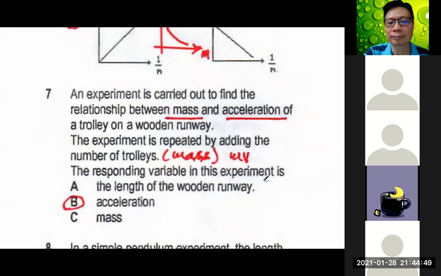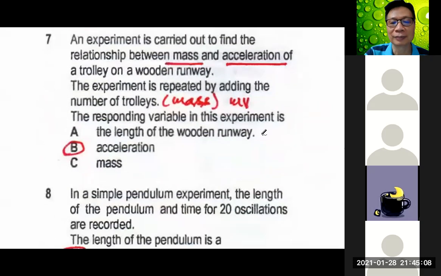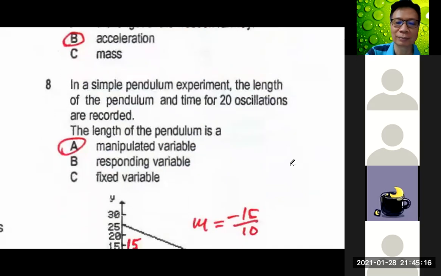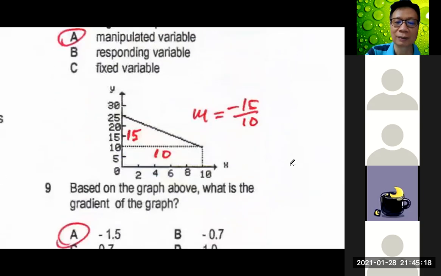Okay, number 8. Also very fast answers come out already. Bernard A, Yin Sing A, Isabel A, Siqi A, Lai A. Well, so all A, I think must be A lah. I think A lah. Yes, correct, A. Okay, last question. Number 9. What is the